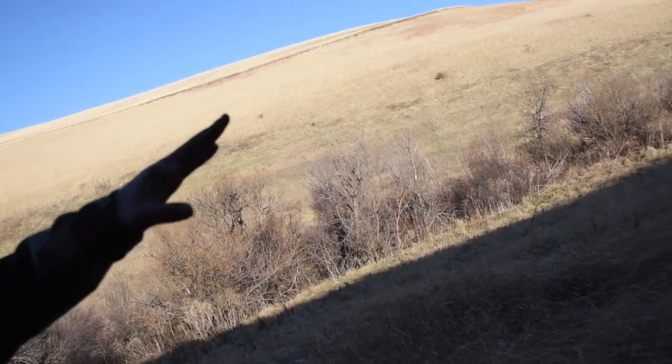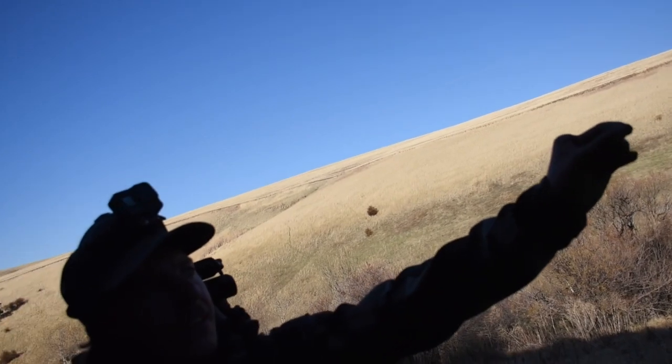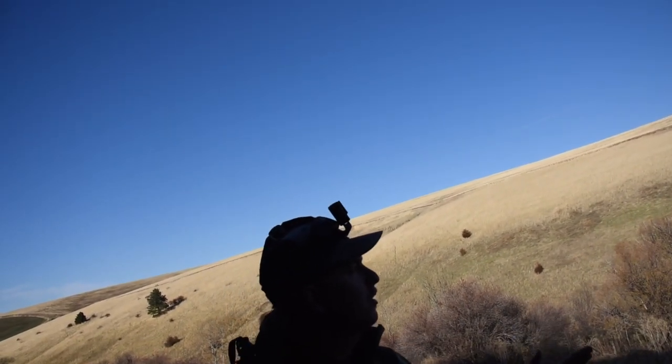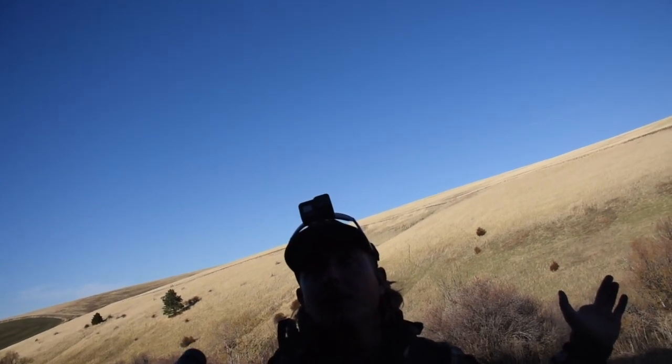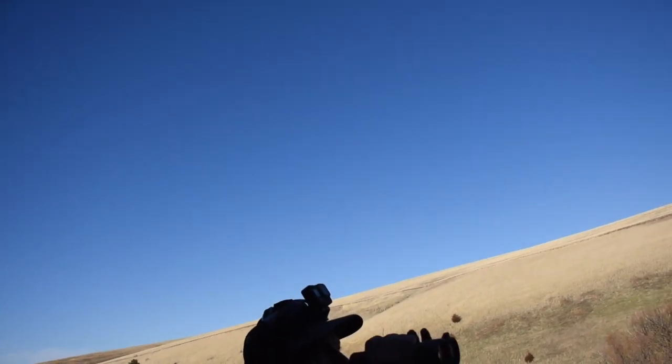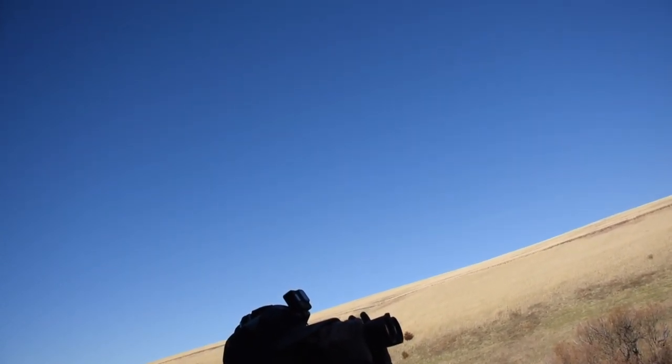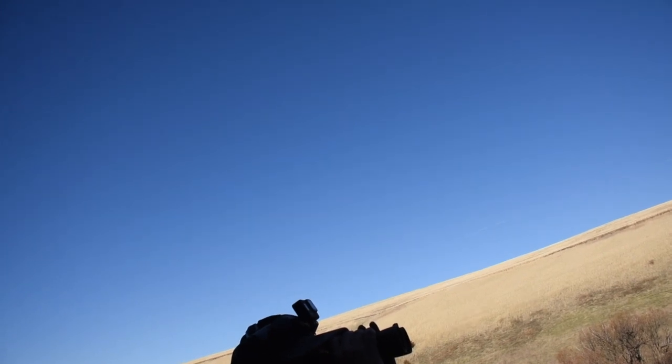And like, you see where it's open on the hillside? Mm-hmm. And then there's a bush and then there's a tiny strip of open hillside. I just looked up there, dude. I could see he's a 3-point from that far, at least. Where was he going? Into that really thick brush to the right. And I don't think we'll see him again. I was about to get the spotter out and set it up, but...